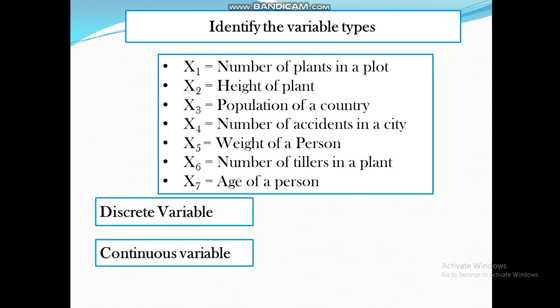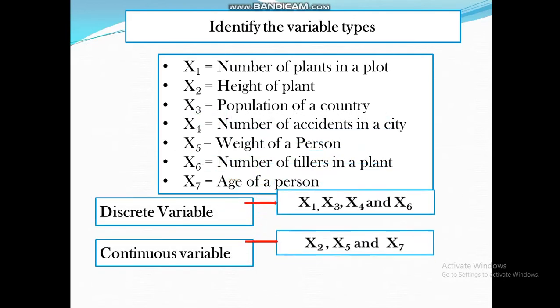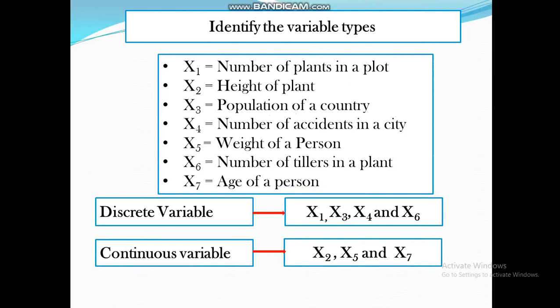Here you can see x1, x3, x4, x6, that is the number of plants in a plot, the population of a country, the number of accidents in a city, and the number of tillers in a plant. So these are discrete variables. Why? Because these variables will not take value in fraction or in range. They can take value only in integers. So we say these are discrete variables.